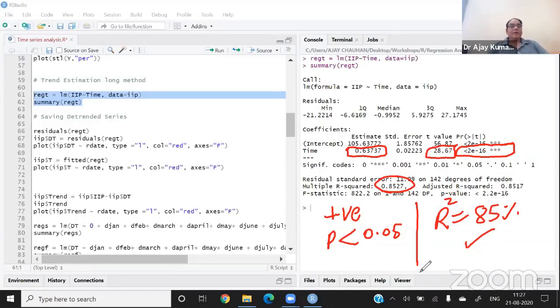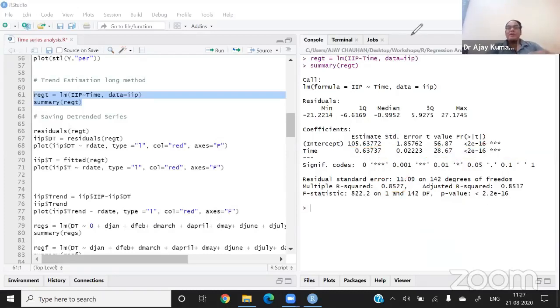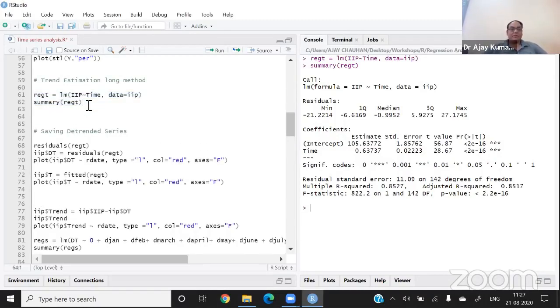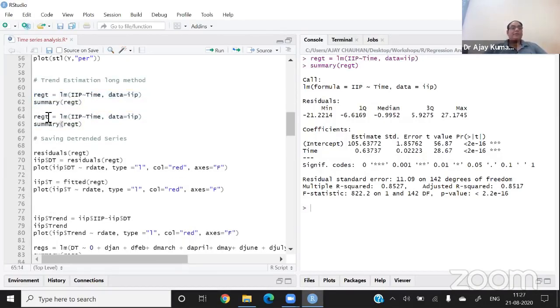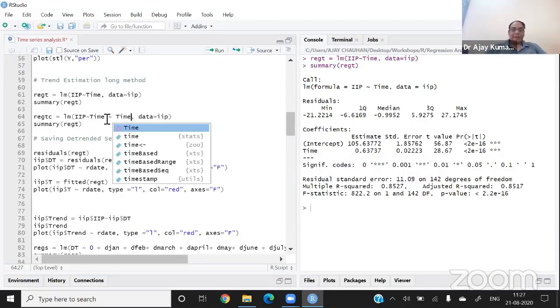Now I'm showing you the possibility of a curvilinear trend. Let me copy this command and paste it again. I put TC, which means curvilinear trend, and I'm using one more variable here, time square.